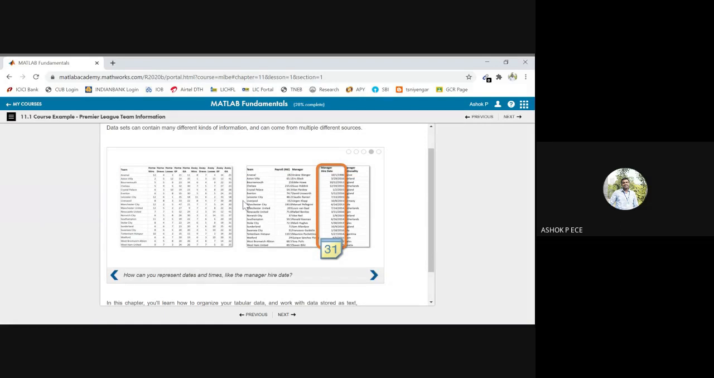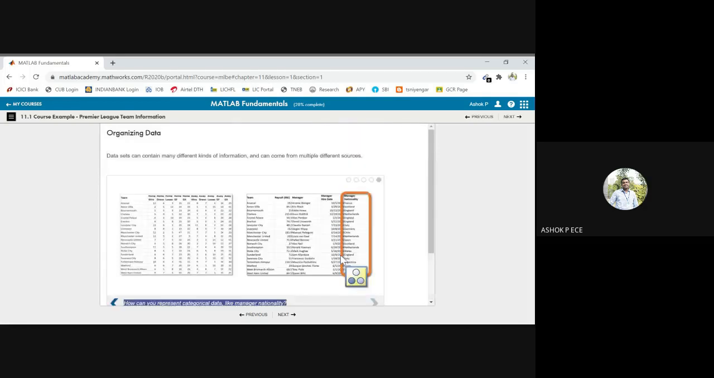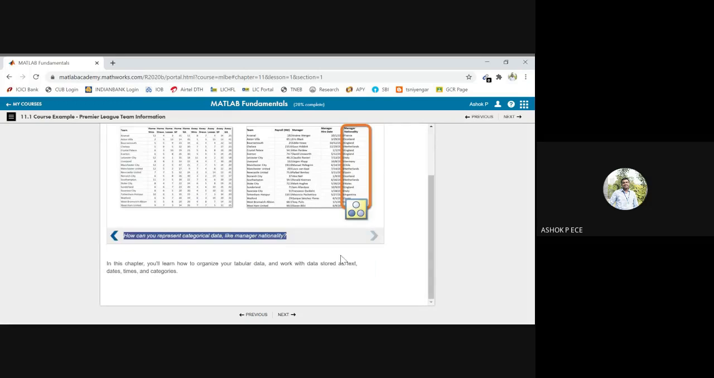And the manager hire date. How can you represent date and time, like the manager hire date? Here it is fully numbers, but here you have decimal numbers, you have strings, you have dates, and you have plain text. So all these data types are there. And you see here you have different data types. So how can you represent categorical data like manager nationality? When you have data of different types, how are we going to organize the data and store it in the database? So that is going to be the